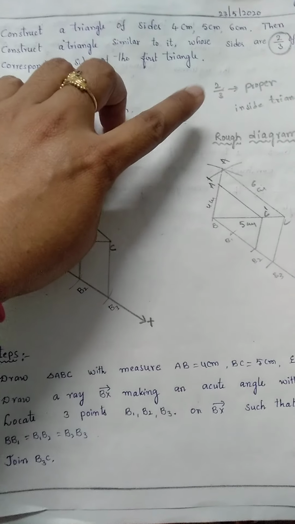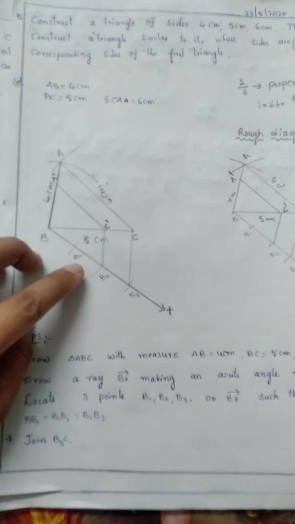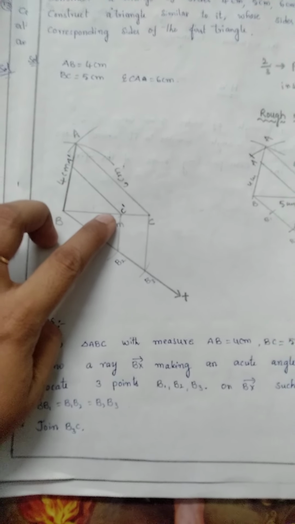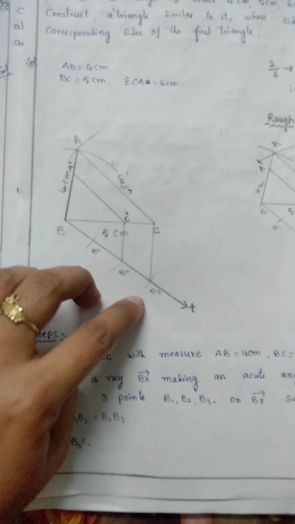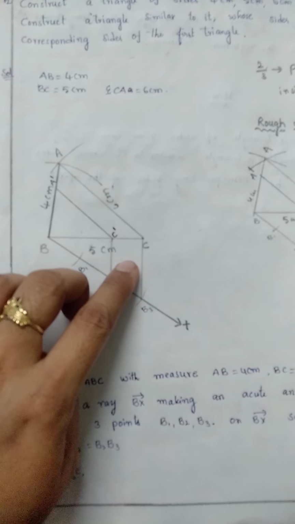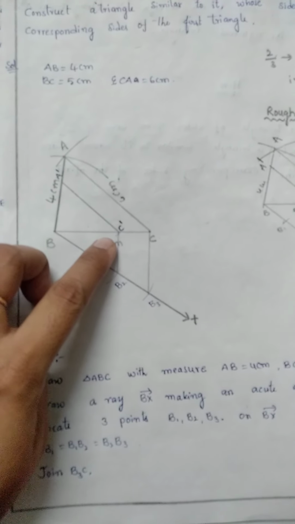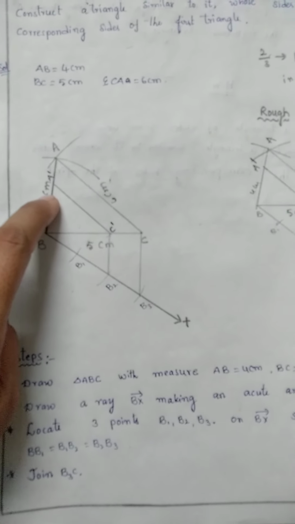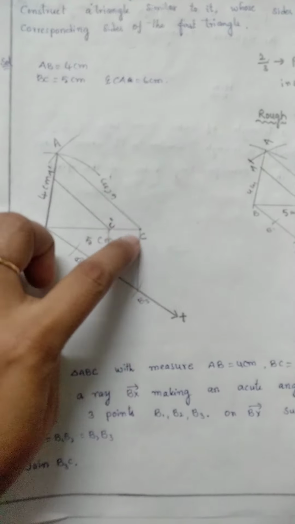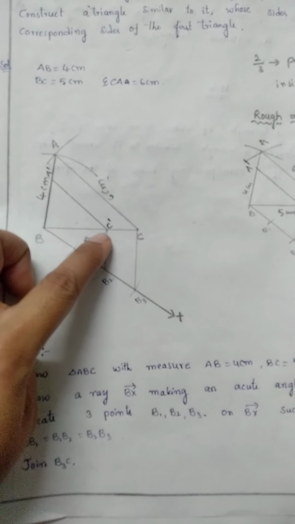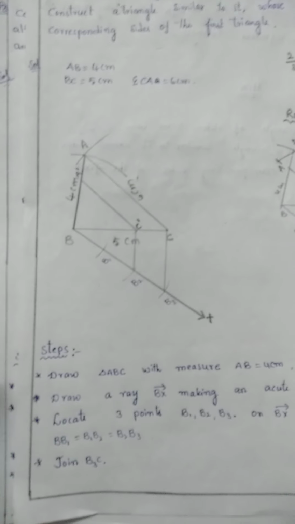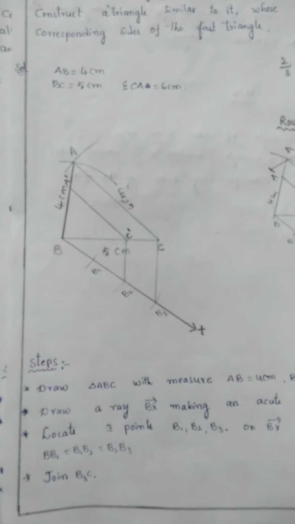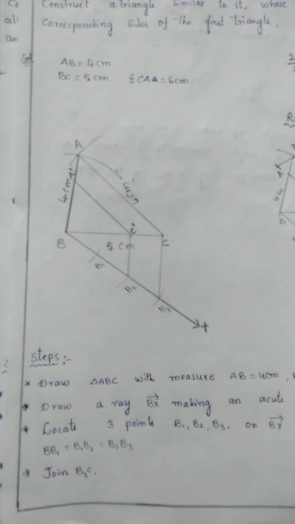Okay children, next the numerator is 2. Then inside your diagram, close the figure with B2 C dash, or C complement. So B3 C is parallel to B2 C dash. Okay children, next in line AB, the line from C dash intersects at A dash. So AC is parallel to A dash C dash. Okay children, did you understand the main construction?